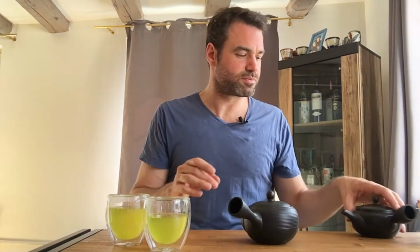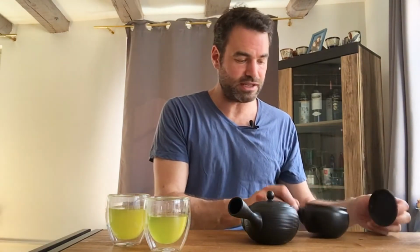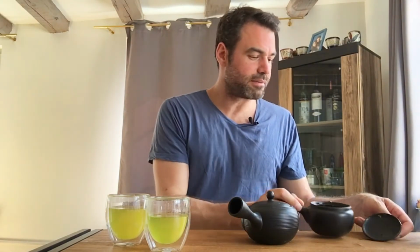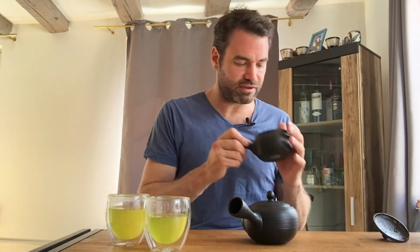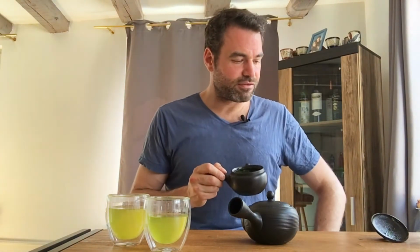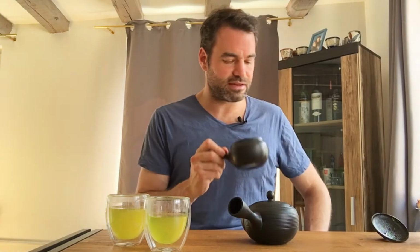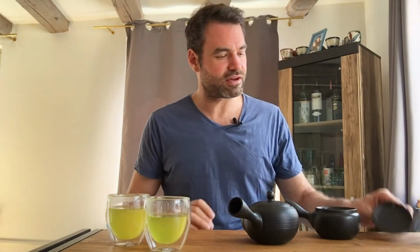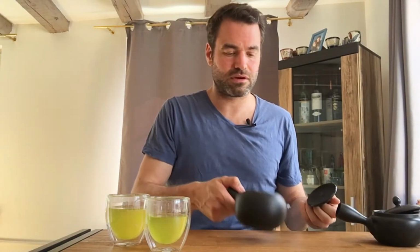When we look at the smell of the leaves after the first brewing, so let's see, 2020. I get a lot of umami, so a little bit this sweet corn flavor profile. I got a little bit of fruit, goes a little bit in the banana. A little bit of a nutty flavor profile, so cashew nut is mixing in with this one here. And now when we go,